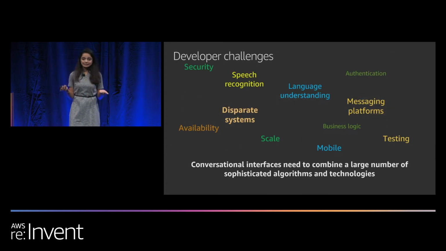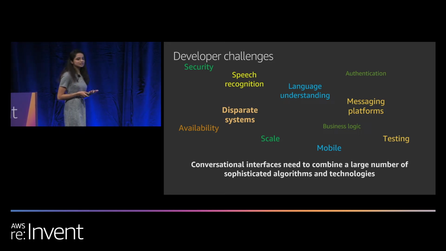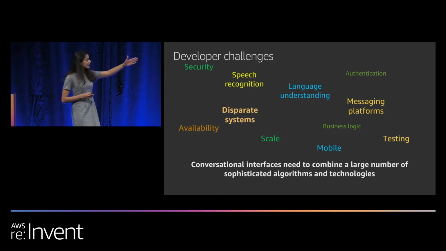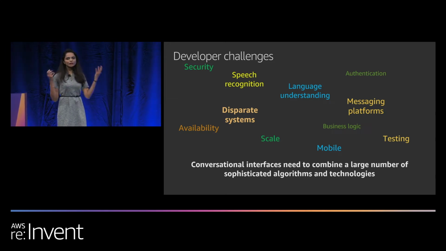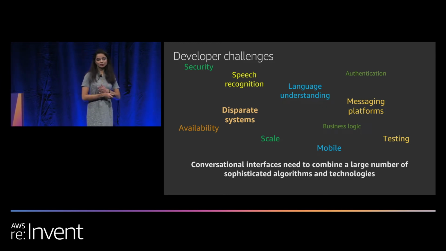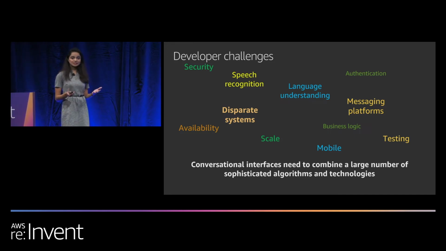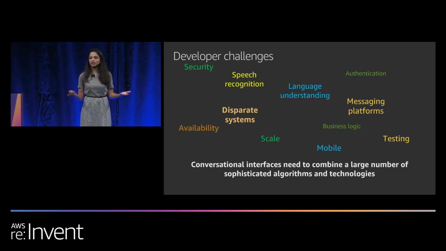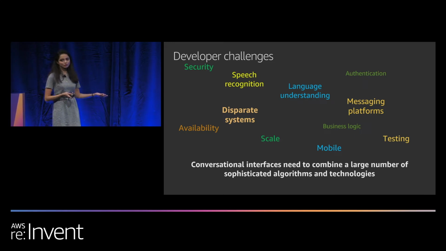But it's not that easy to develop these chatbots, right? All these conversational interfaces combine a large number of sophisticated algorithms and technologies. Each one of these items that you see here, if you start learning them, they'll quickly get overwhelming. Just tackling natural language understanding would take a lifetime of work. So the expectation with these abstracted services like Lex is that your developers need not understand the deep learning neural network. They just get to use all these APIs that are based on those neural networks.